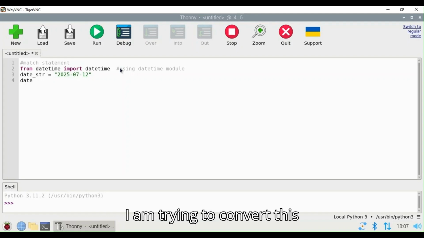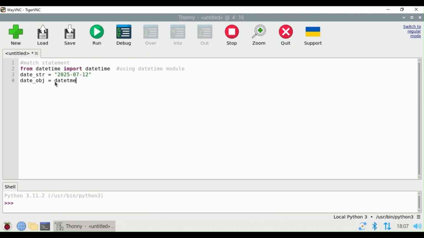I'm trying to convert this string date as a date object. So for that, I am declaring a variable date_object, using the datetime module,